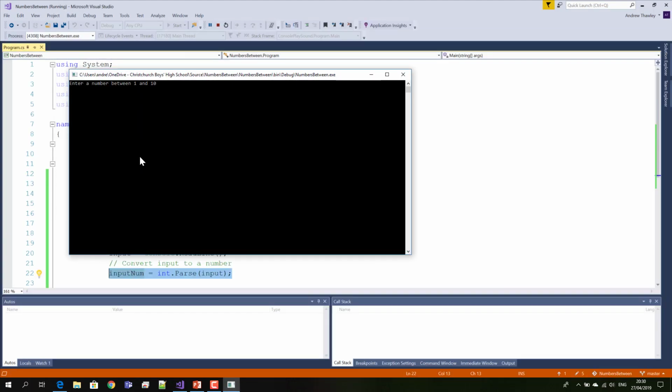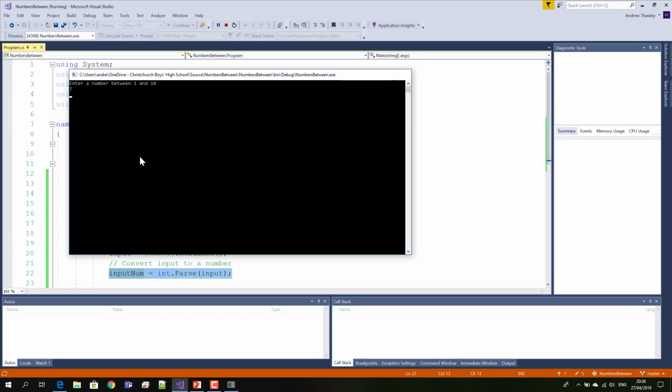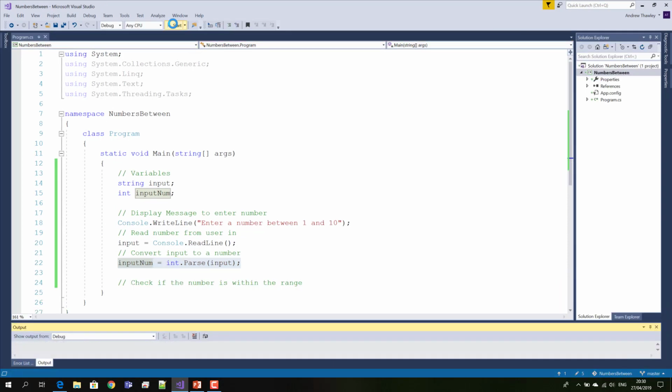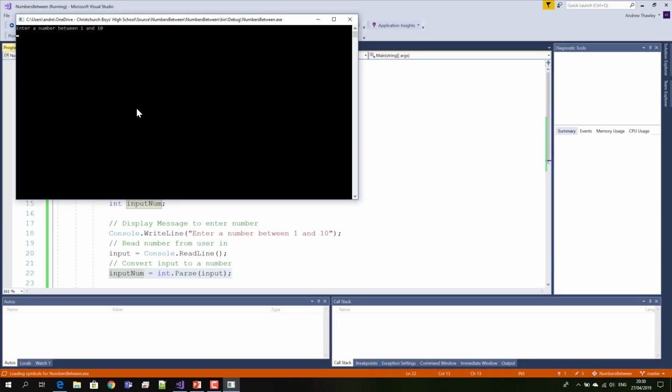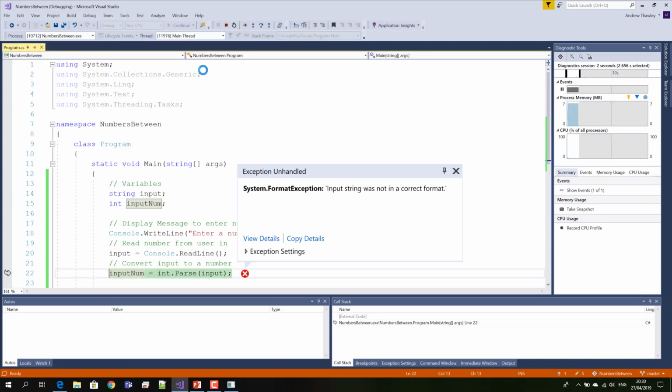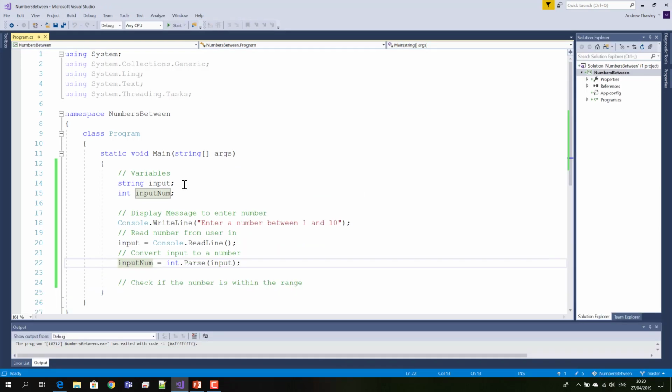I'm just going to run this. Enter number 7. It's worked and finished. Sorry, it didn't crash. If I type in a non-number, you see I get a format exception because it's not in the correct format. In order to counteract that, we're going to